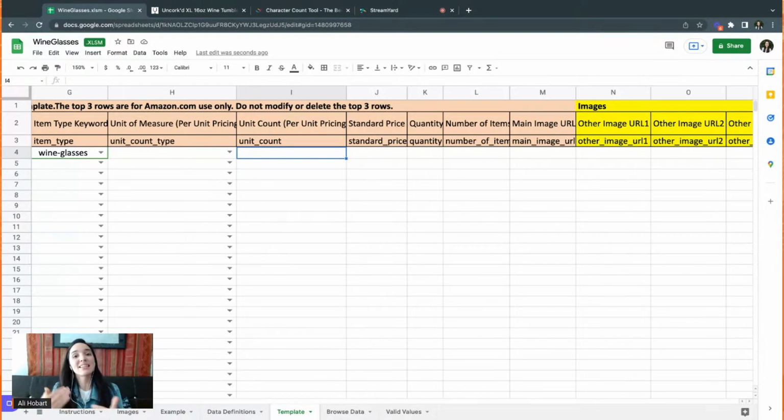So you might think that it's required for wine glasses because it's in the required color, but it's not. So personally, I do this by category, but that's because we only sell within a handful of categories. So for us, it's not a huge difference in time savings. But if you do this once, next time that you edit, you already know that a certain required column is for a specific category, then it'll make it easier.